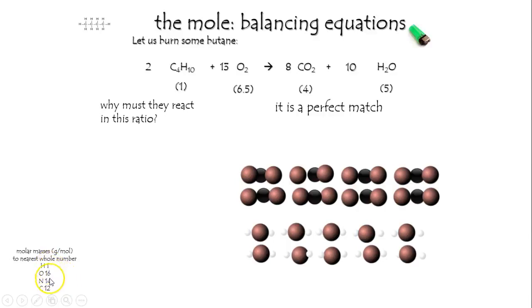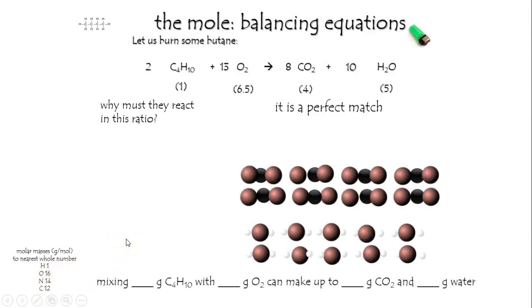And rounded to the nearest whole number for simplicity are the molar masses. You may recall oxygen is 16 times as massive as hydrogen, and here's some relative numbers for the rest. We can use these. Suppose we want to do this on a molar scale. No problem. Let's just take 2 moles of this stuff. What does it weigh? Each carbon weighs 12. That's 48. Each hydrogen weighs 1 gram per mole. I think we need 58 grams for 1 mole, but it's doubled, so we're going to take 116 grams of